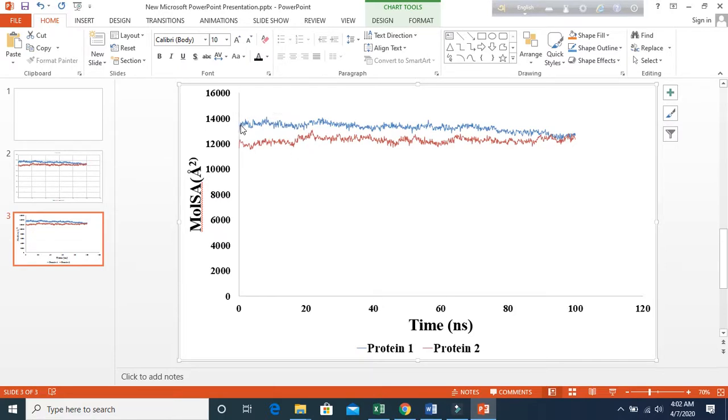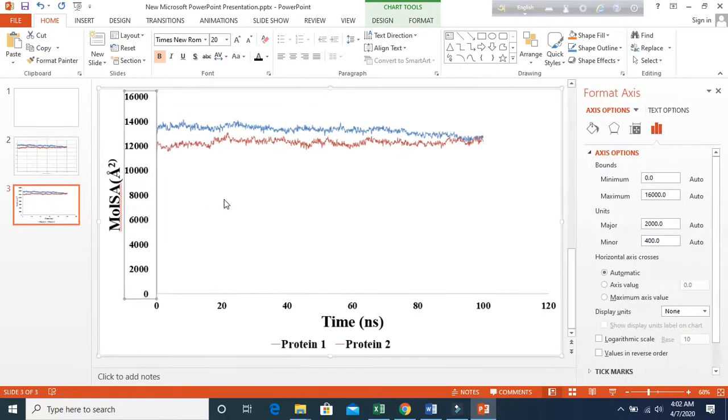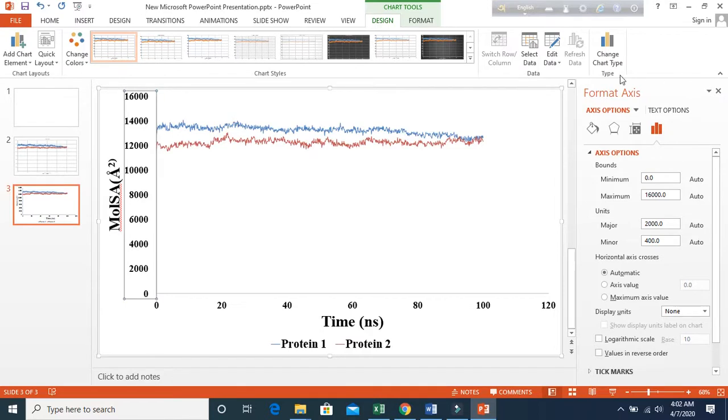So we see the value of molecular surface area actually fluctuated within the range of 16,000 to 10,000. So we will start from 10,000 over here, and we would like to see the values up to 16,000. So I'll click here, and actually I will have to double click, and it will bring us to a